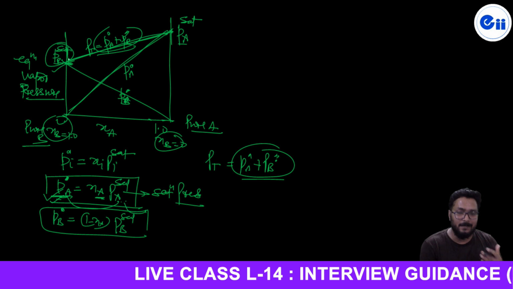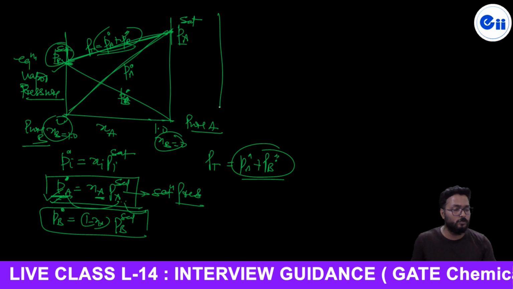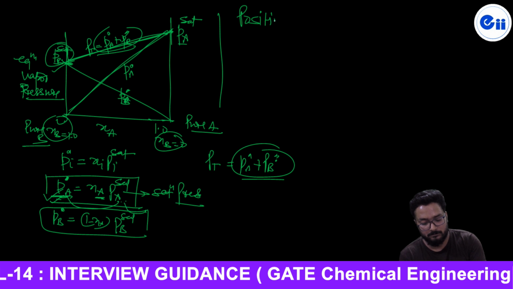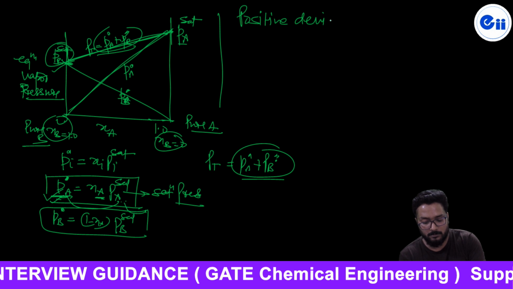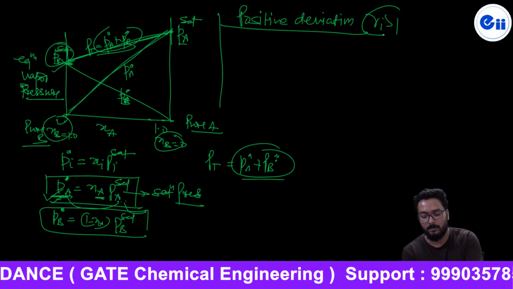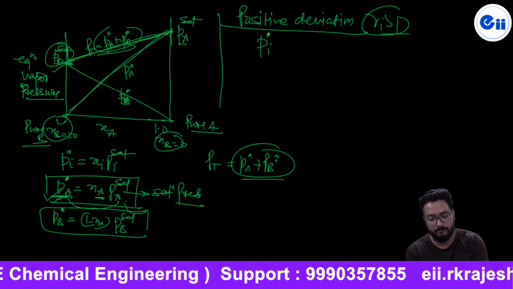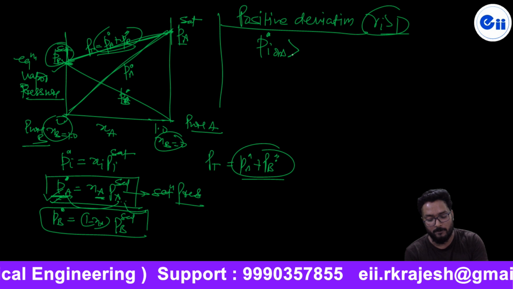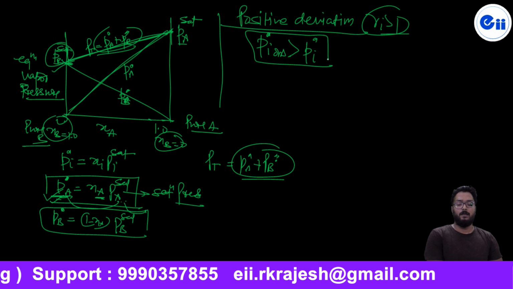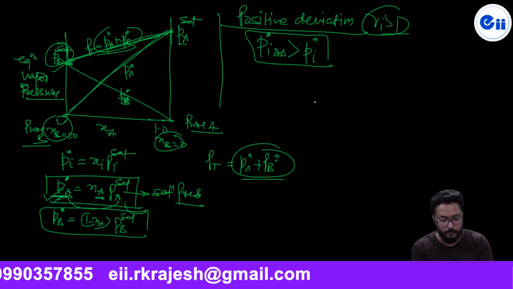But as far as the real condition is concerned, I told you to observe the partial pressure. If you are going to show the positive deviation from ideality, positive deviation where gamma i is more than 1, in this condition I told you that the observed partial pressure is found to be more than that for the ideal Raoult's law. It means at any given composition what happens, and this I am going to show you via graph again.